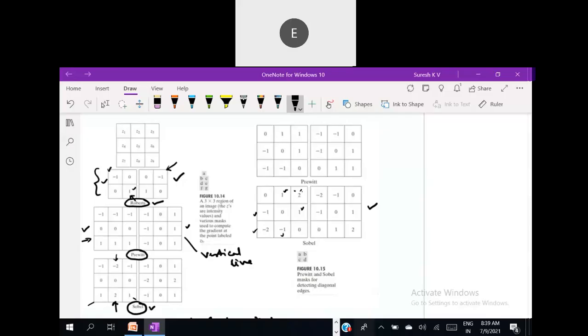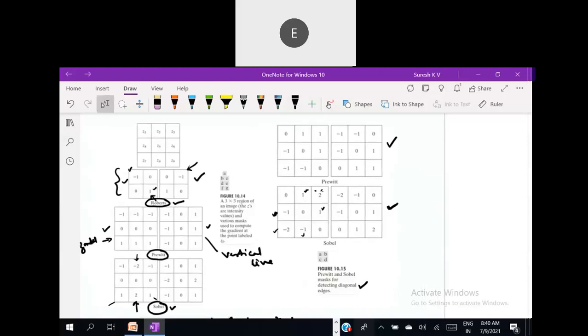Okay, please notice that if you add all these weights within a kernel, it should give me 0. So this and this, they are helping you in detecting diagonal edges. These are actually the Prewitt kernels which can help me to detect diagonal edges. Okay, so what you should notice is, of course, except Sobel,